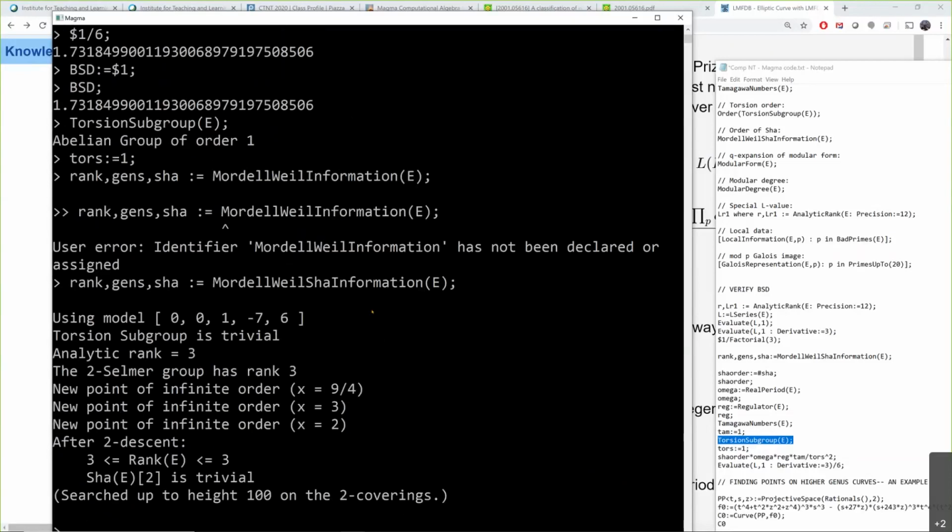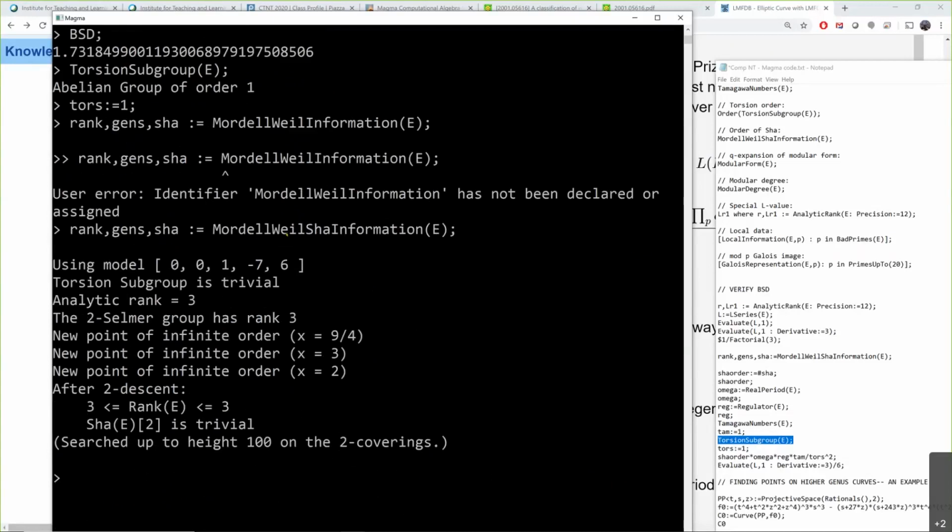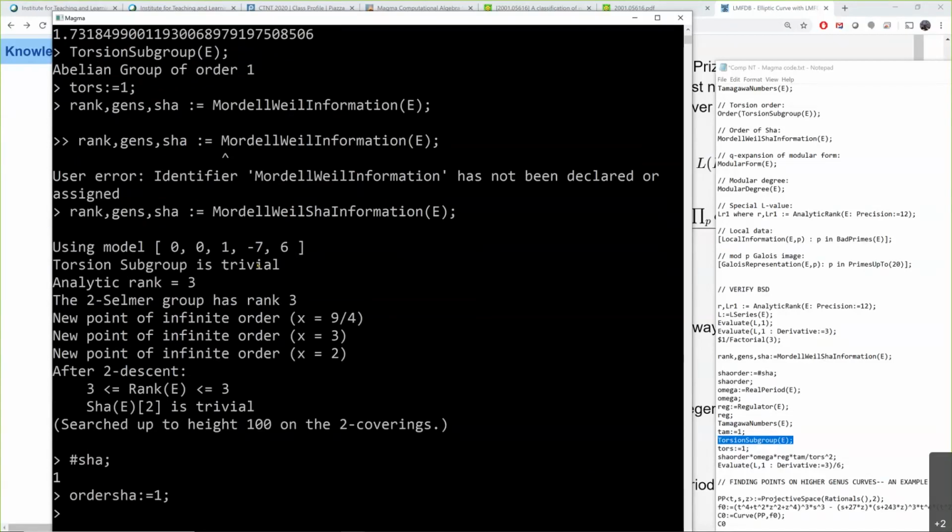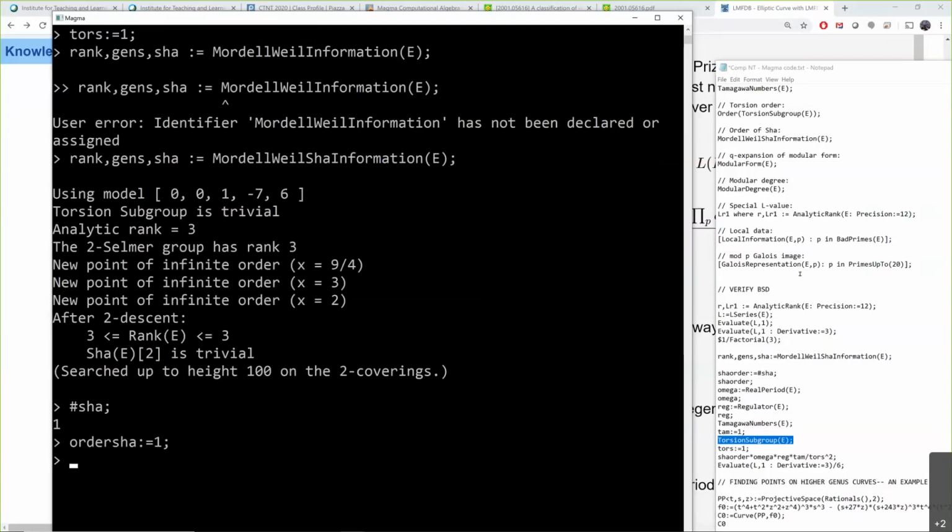Yeah. So now let's see what is the order of SHA. I'm going to call the order of SHA 1. Very good. By the way, that is the 2-torsion of SHA being trivial,